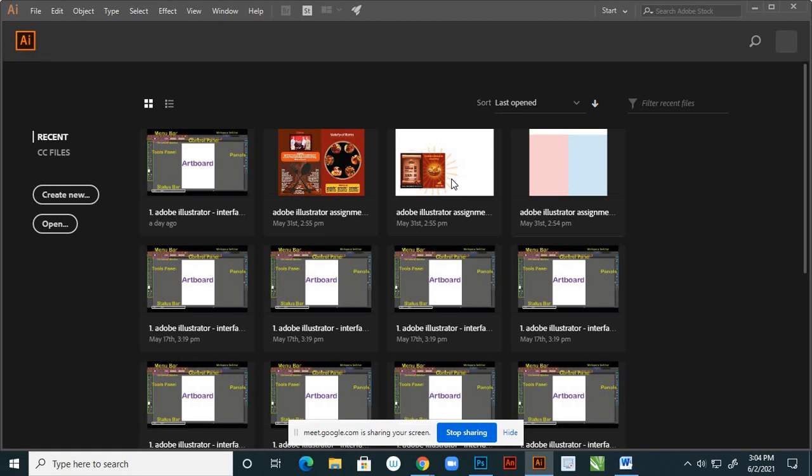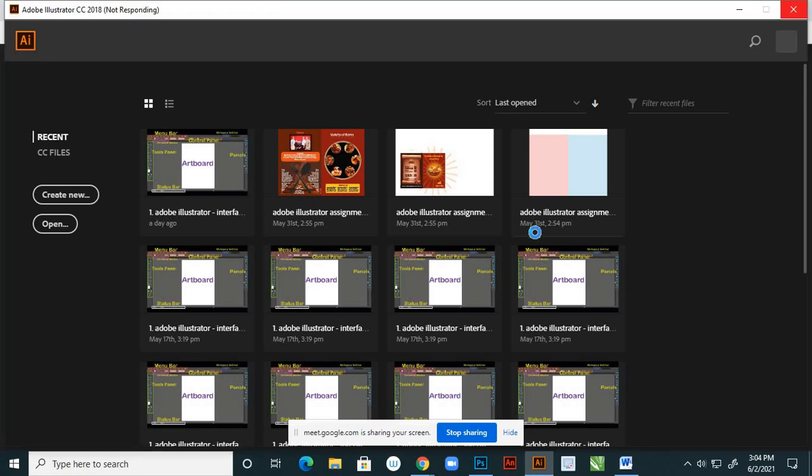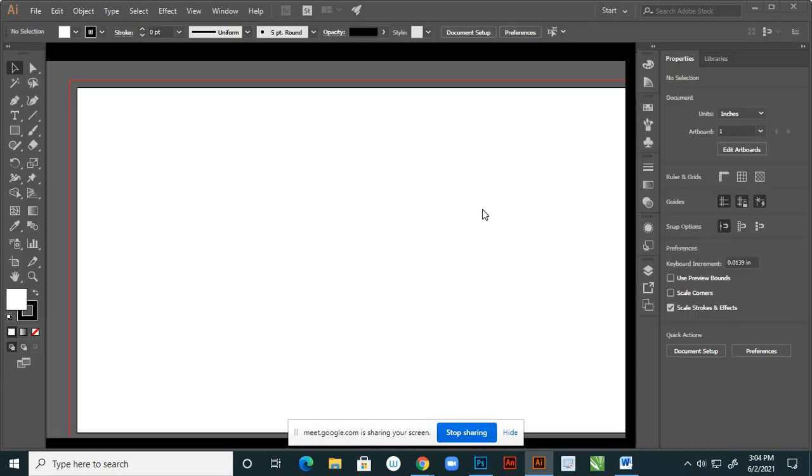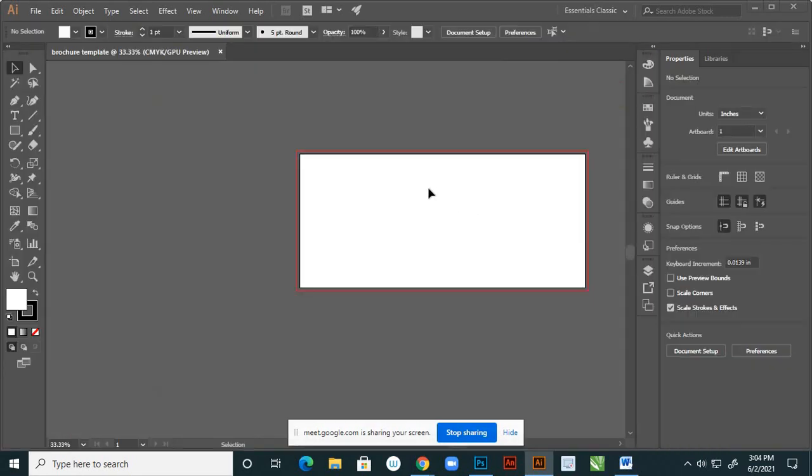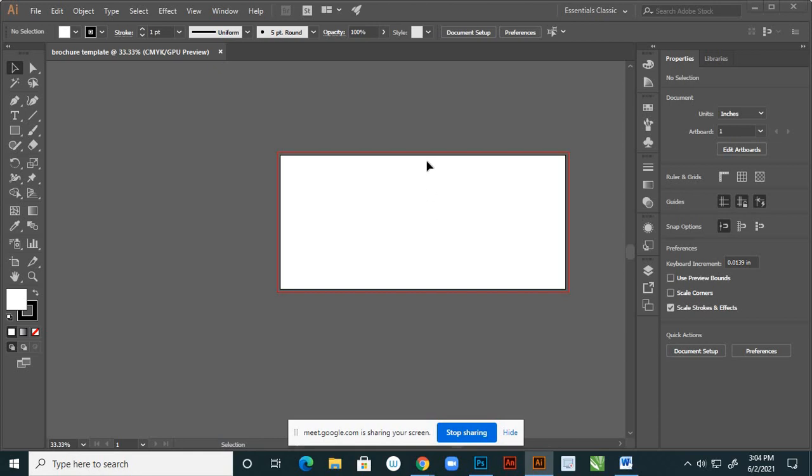Now if you check this, the width is 20 and height is 9, right? But we have to make it exactly centered, right?